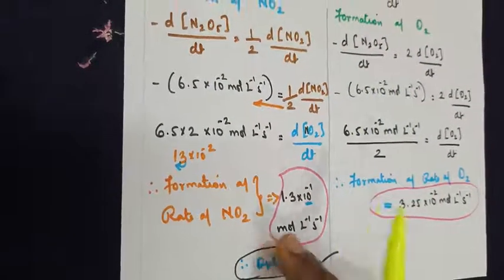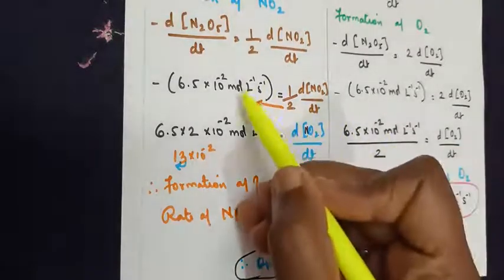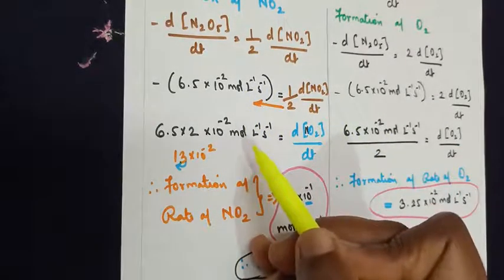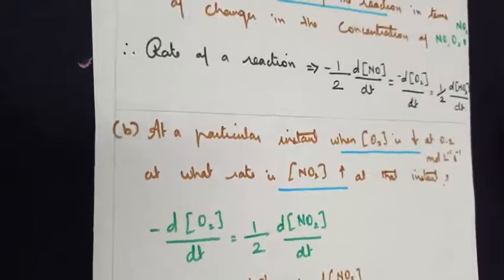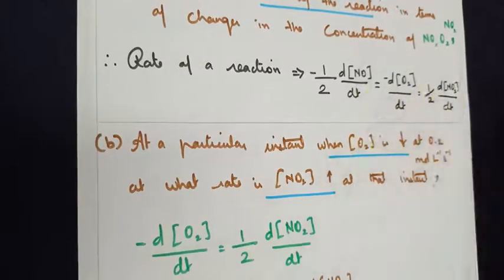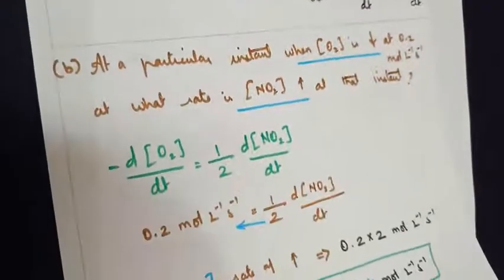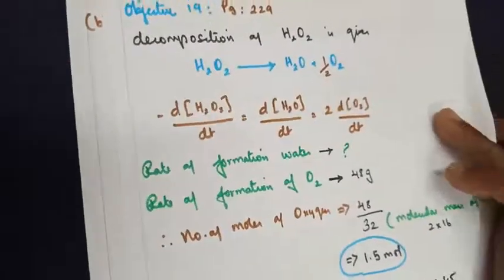Since I am doing it in detail, the steps look longer. But when you are calculating, if you are thorough with the concept, direct substitution can be done to get the answer. But if they ask you like the first question, rate of the reaction, you will have to write it in detail. Moving on to one more question of a similar type.